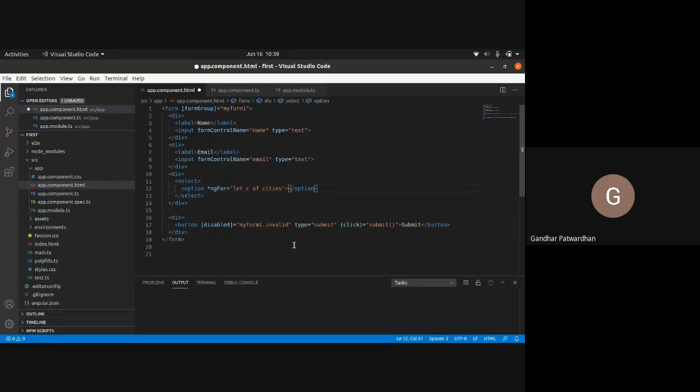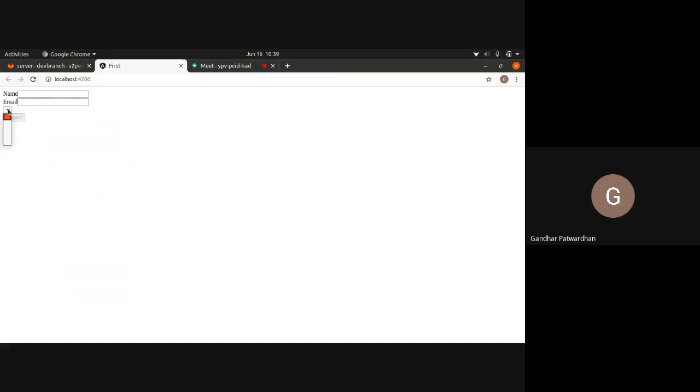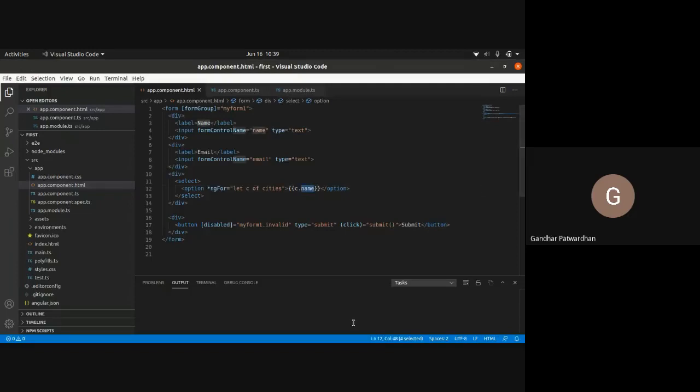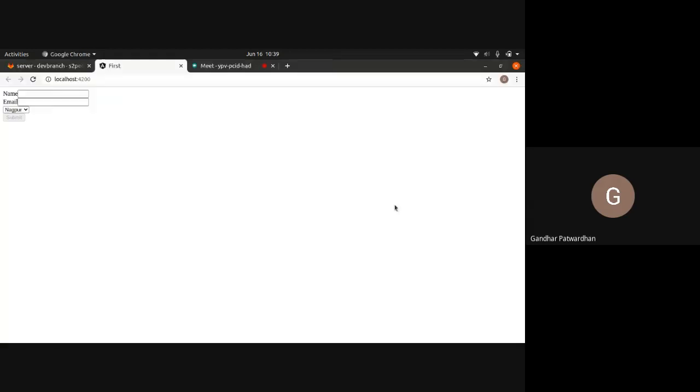And here I would bind it like this: C dot name. Now let's see if we get that. No, we did not, because we do not have a name, we have only cities. So I say only C. So I get these values from here.